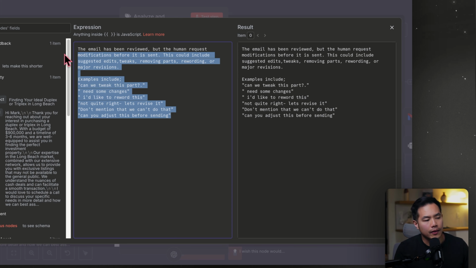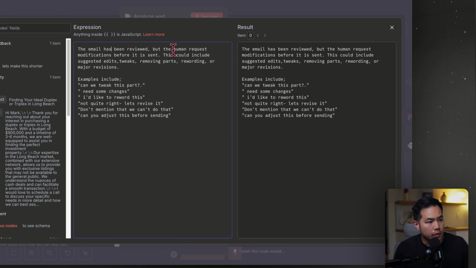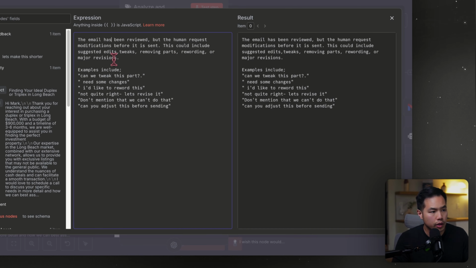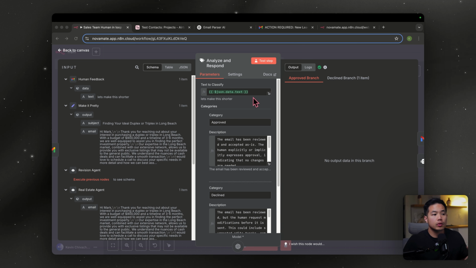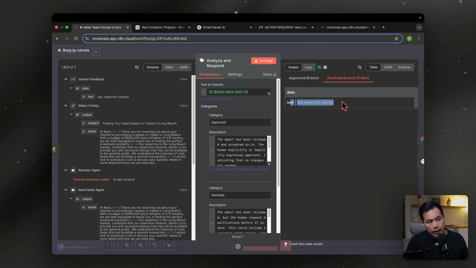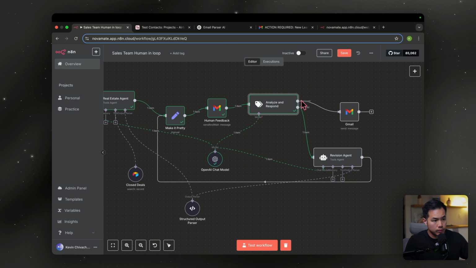I did the same kind of thing for the declined one. The email has been reviewed, but the human requests modifications before it's sent. This could include suggested edits, tweaks, removing parts, rewording, or major revisions. Examples here. After testing this node, it was able to recognize that the email was not approved and went down the decline branch. So when you click this, you can see now in the decline branch, and I'll show you in the workflow as well. So one item went down this decline branch and will feed into our next AI agent node, which I renamed